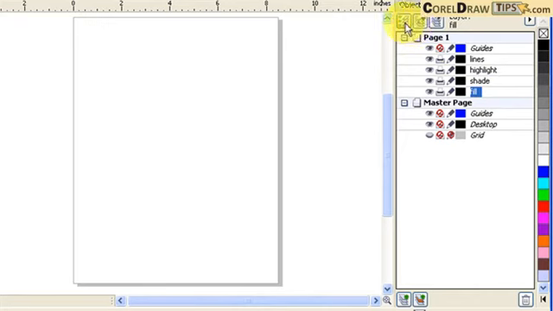Now I also want to explain about these very useful icons here. The first one is Show Properties. We really don't need Show Properties, so we're okay with that. This one here, Edit Across Layers, is important. See, if I click on that, it means it's active already. It means I can